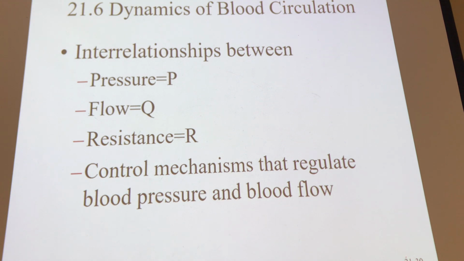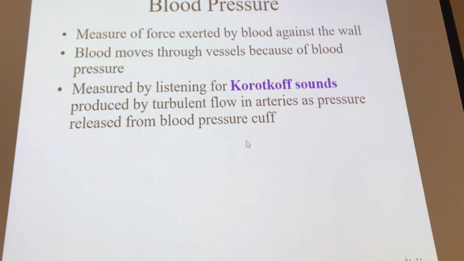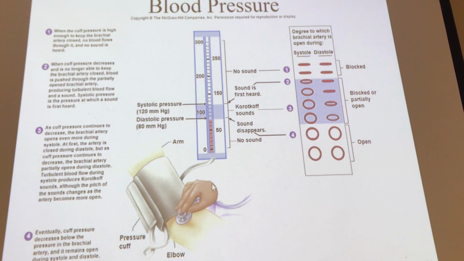So when we talk about pressure, obviously pressure has that letter P. Flow is weird, it's got the Q for flow, and then resistance R. Now, in terms of blood pressure, what is blood pressure? And by Wednesday, I want you guys to see if you can answer that question about what diastolic blood pressure is measuring. Because that is the hardest kind of question that so far